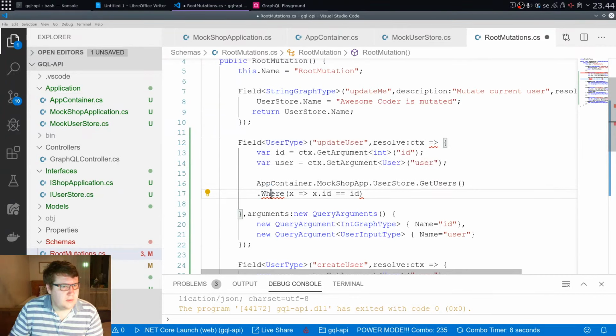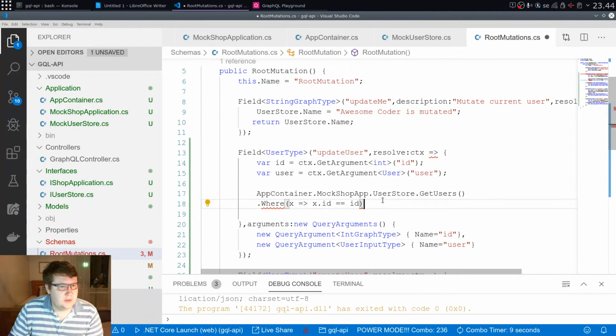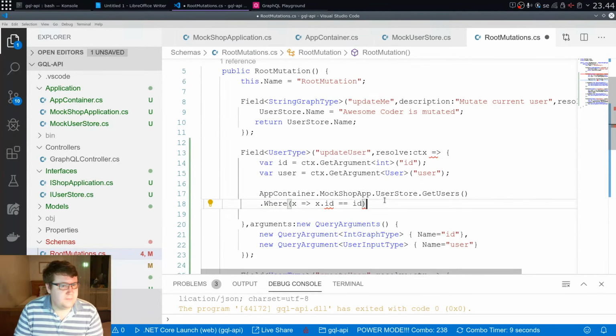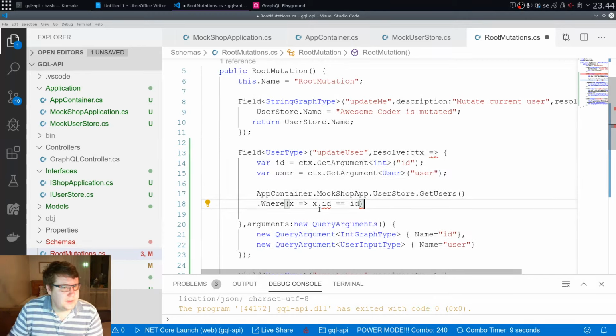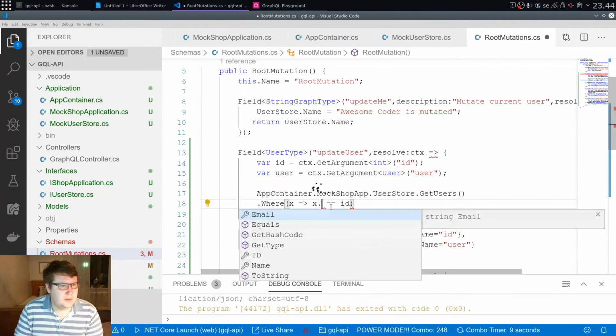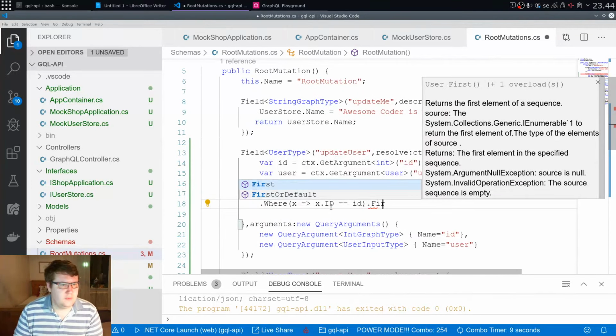We are going to need to use LINQ query, FirstOrDefault,